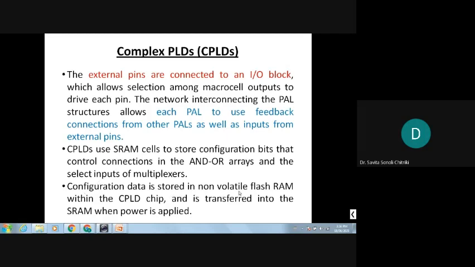Configuration data is stored in non-volatile flash RAM within the CPLD chip. Note that the flash RAM is also inside the CPLD, and the data is transferred into the SRAM when the power is applied. Data goes from flash RAM to SRAM. What is SRAM? Static RAM, which is made up of transistors, whereas flash RAM is made up of